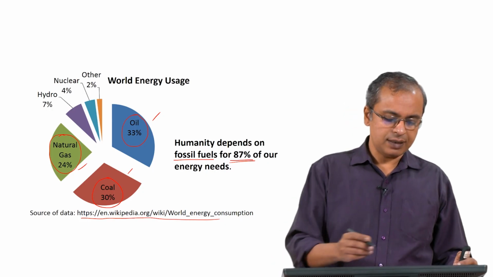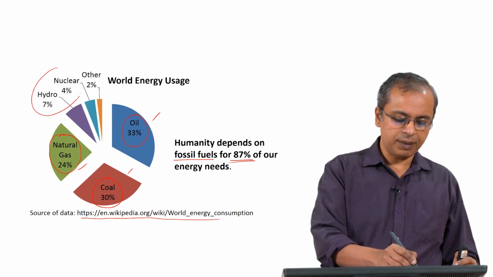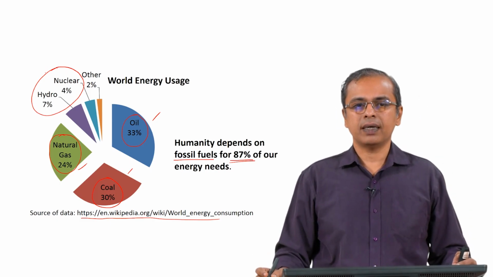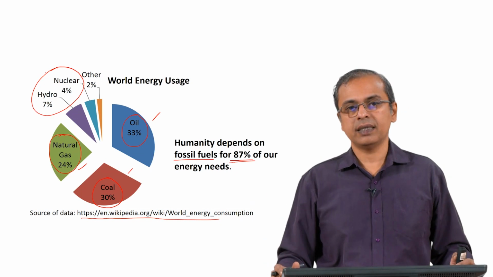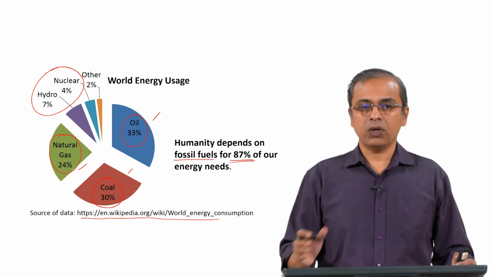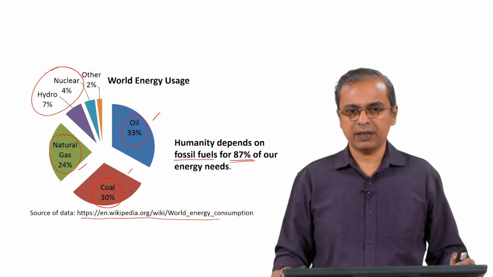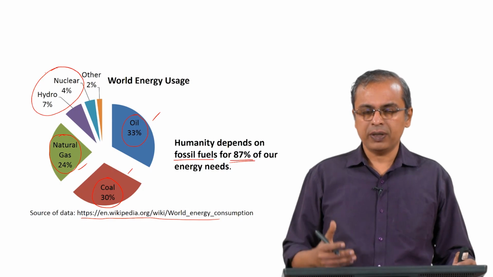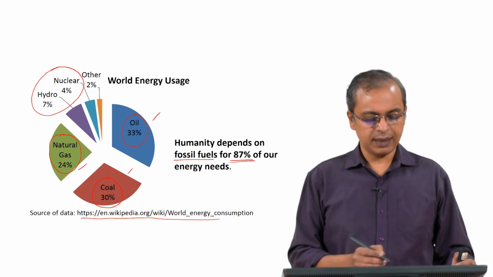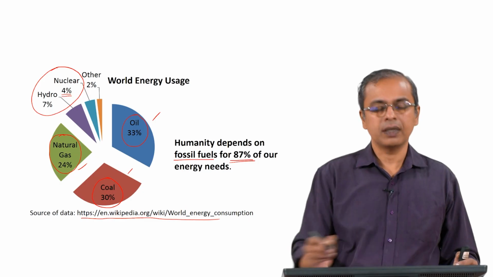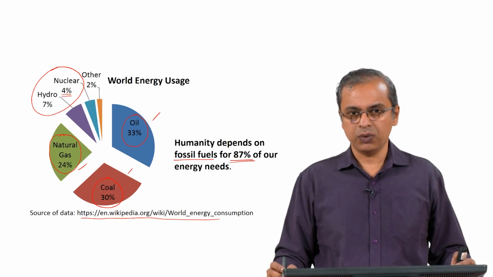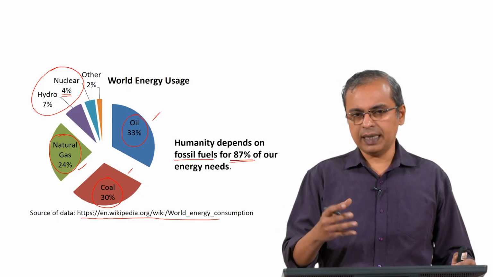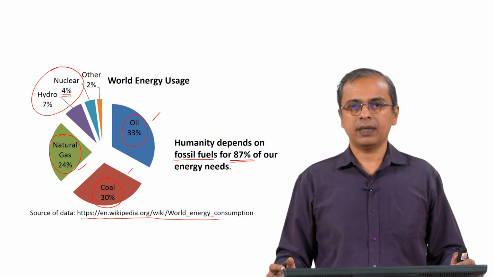If you look at the others, you have hydro and nuclear as the two other major sources of energy, and there again, hydel power stations are there internationally, in so many places, and that contributes 7%. We will see some aspects associated with it. For the most part in this course we will not really look at nuclear technology at all, but you have to be aware that about 4% of our energy supply comes from nuclear power plants, and so even though you hear nuclear a lot, that puts some perspective on what it is doing.